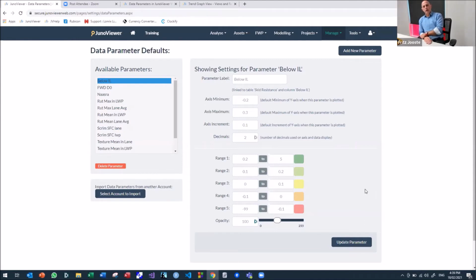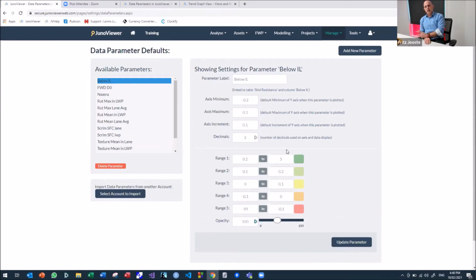For example, if you are an administrator, you will have access to basically change anything in JunoViewer. But as you can imagine, for this webinar, I think we've got more than 40 people participating, and if everyone starts adding data parameters at the same time while I'm working here, it's going to be chaos. Okay, so at this stage, we are limiting the permissions for users in the training account,